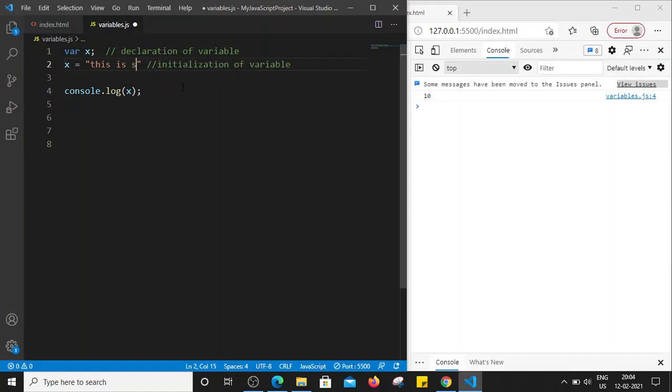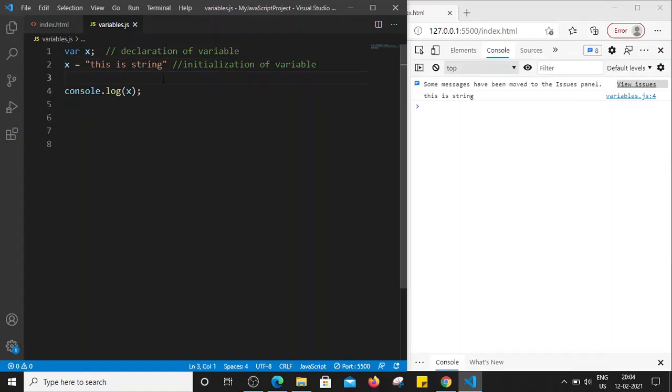So let's put "this is string" and assign that to our variable x. I am saving the file with Control S, and you can see the string got printed on our console window. Correct. So if we are using numbers, then we don't have to put them in double quotes, and whatever we put in double quotes will be considered a string data type. Right.